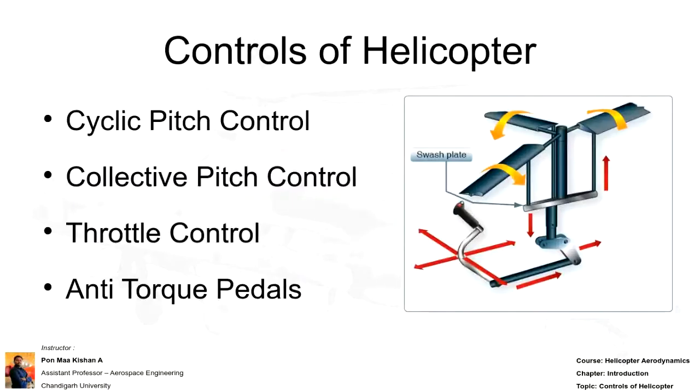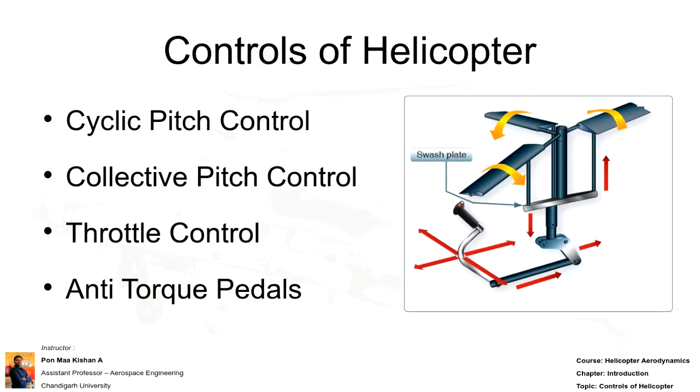There are 4 types of control systems available in a helicopter. Control system means, like our aircraft, movement control: pitch up control, pitch down control, as well as yaw movement control. How are we going to control pitch up and pitch down? Yes, Madan Modi, I will explain more about pitch because the entire lecture is related to it.